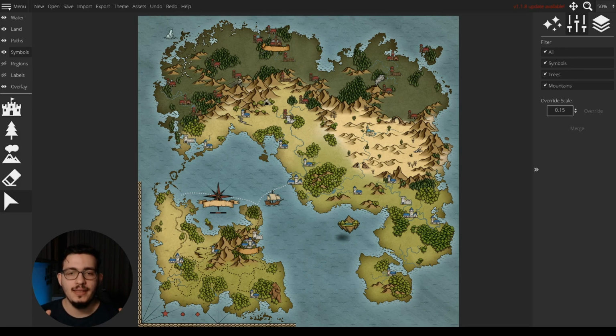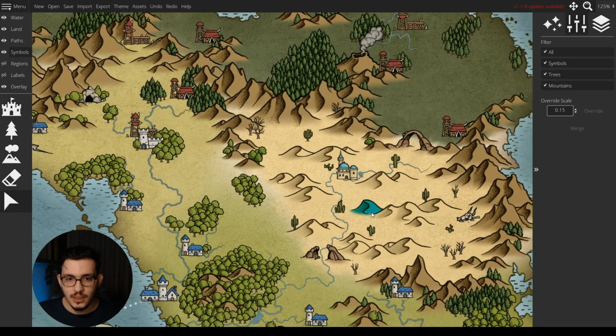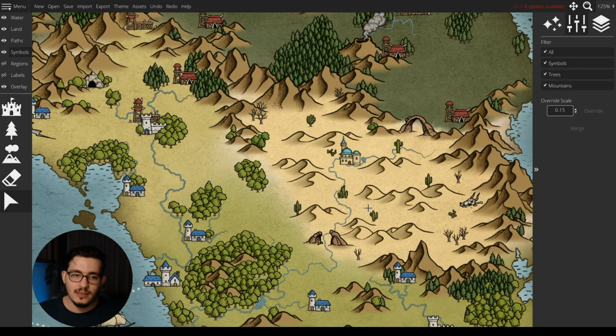Alright, I am done adding the settlements. Now what I want to cover, I already mentioned in the first half of the tutorial, but I'm going to do a quick recap. This is what I generally recommend for the beginning, if you want to take things a bit fancy without making it a pain. I change the architecture depending on the country, culture, etc., or the location, but I repeat the same assets for the same types of settlements.